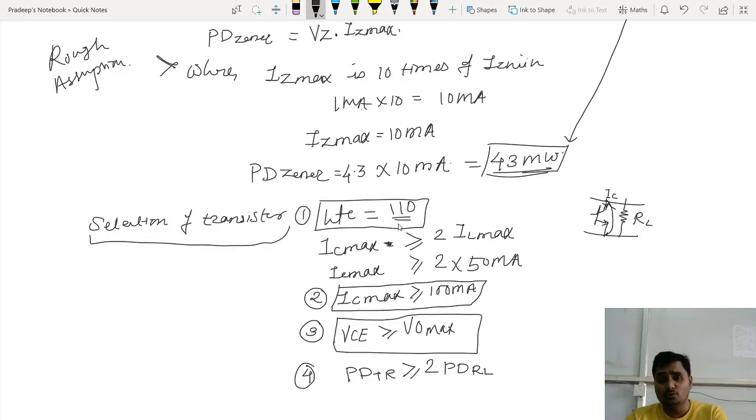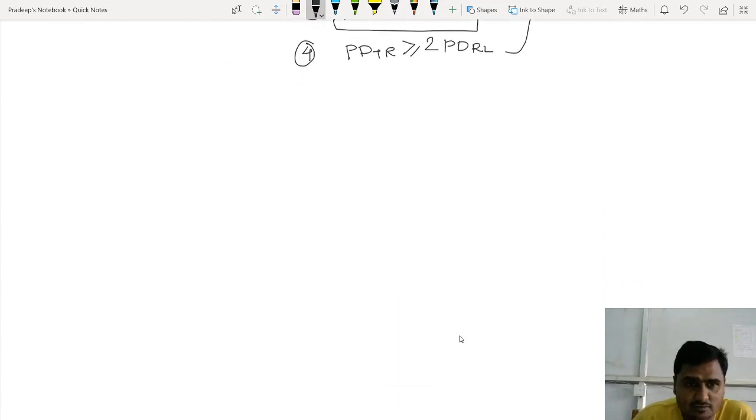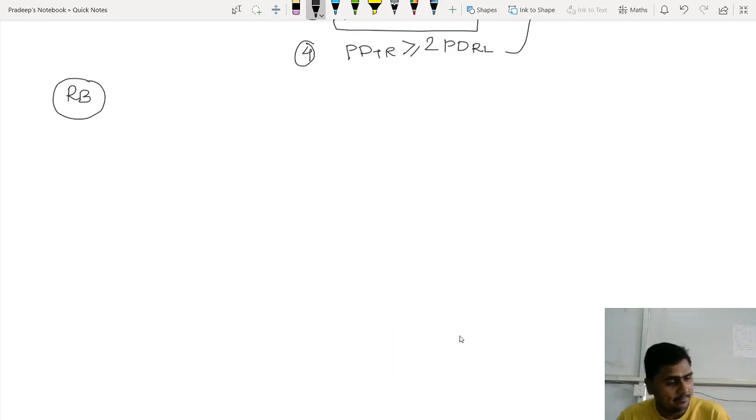Okay. So by those parameters I can select the transistor by using the data sheet. Is it? See, we have selected RS, we have selected RL, we have selected the Zener diode, we have selected the transistor. The only thing is the selection of the optional resistor RB. Look at this. Now many people select this RB with some direct equation, and many people try to find it out with some equations which are based on circuit analysis. Good. Let me tell you, to select this RB,